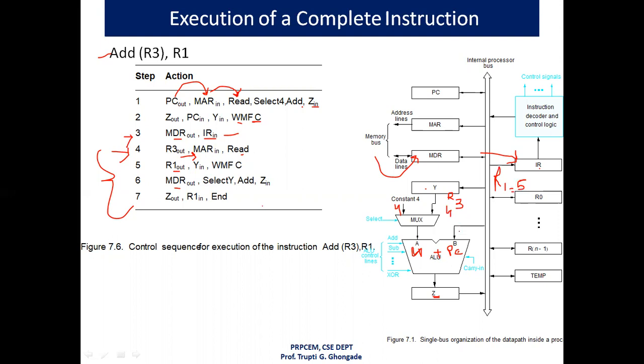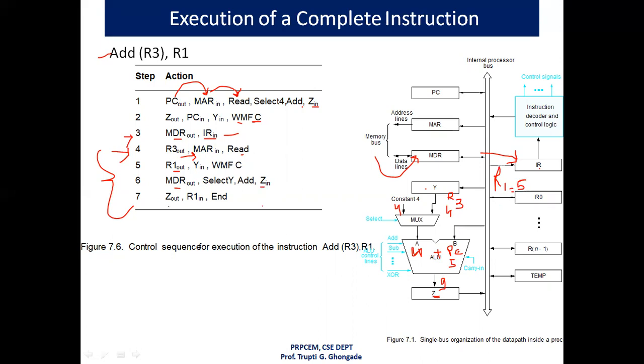So this is another input to the arithmetic and logic unit, that is 5. Now what is the addition of 4 plus 5? 9. And this 9 will be stored in the temporary register Z, because MDR out, select Y, perform addition operation, and now Z in is set to 1. That means this 9 is given as an input to the temporary register Z.